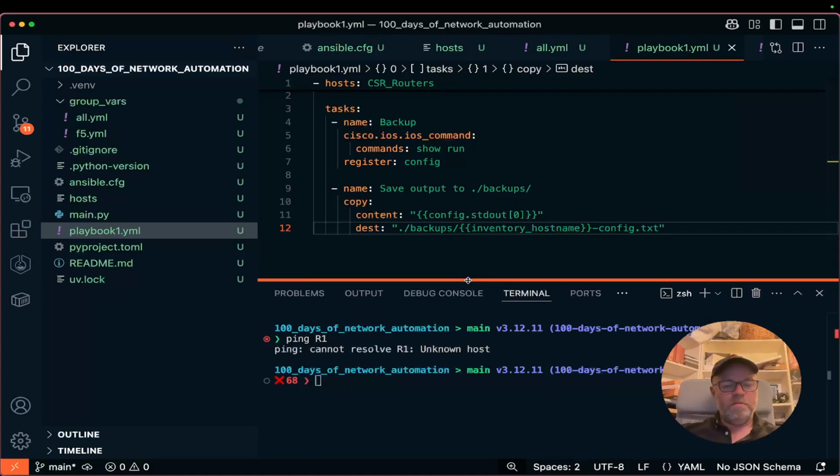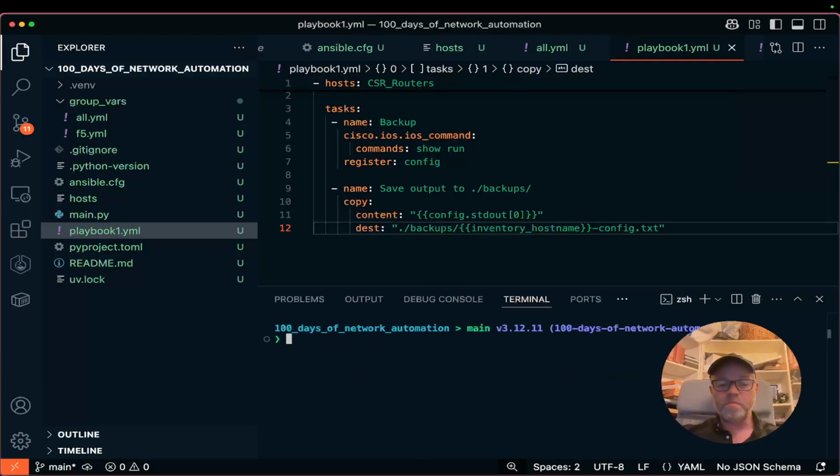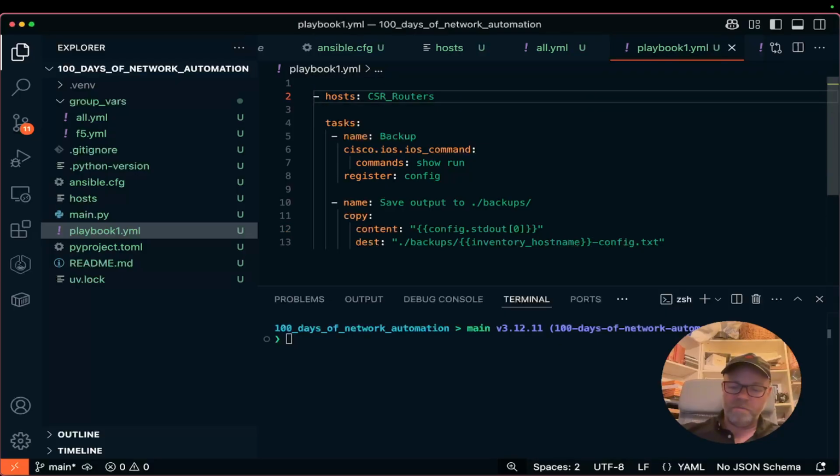People prefer Python for its debugging. I quite like Ansible, but I'm just going to talk you through the basics of this playbook, and then that's going to be it for today. And then in tomorrow's lesson, we'll start to run these and start to get some output. So the basics of a playbook are